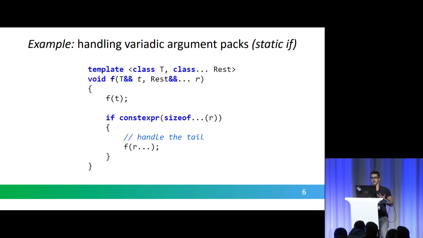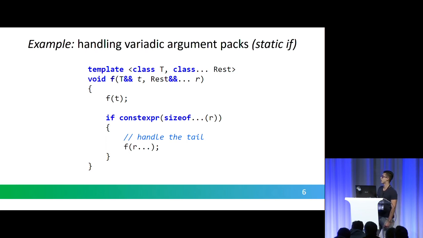So what if we had some sort of magic construct that allowed us to branch at compile time given a constant expression? Turns out we have something in C++17 that's called if-const-expr. We can simply pass a constant expression as part of the predicate, and the branch will only be instantiated at compile time if the condition matches. So in this case, this will